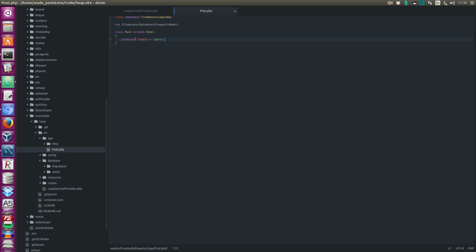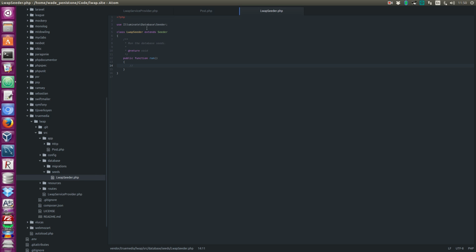So table posts, public timestamps equals true, and then protected fillable equals title followed by content. So now that file should be fine. I can move on to the seeder. In the seeder, I need to include this model file. So if I copy the namespace,